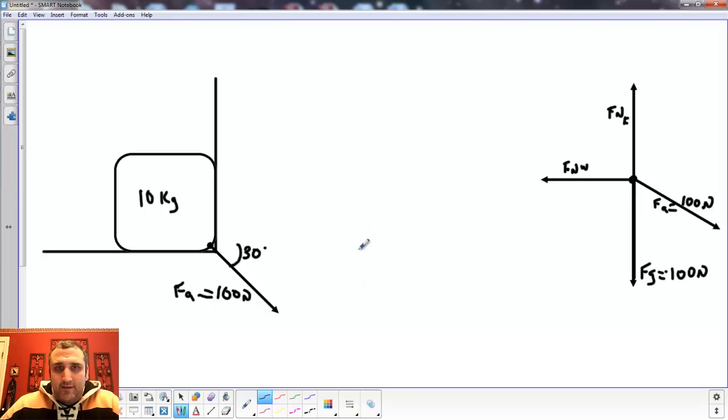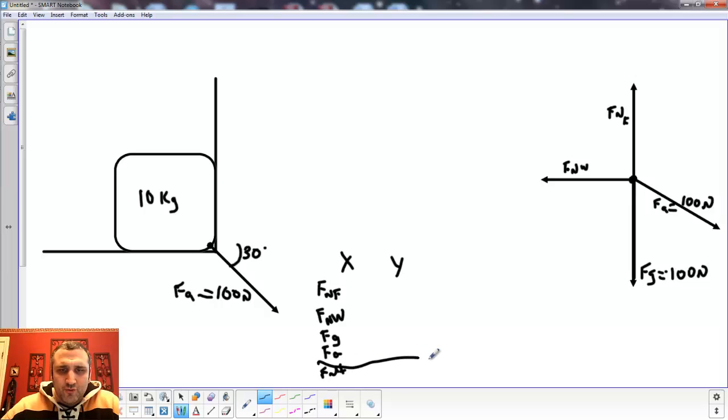Let's talk, again, I guess we should do XY. XY: normal force from the floor, normal force from the wall, gravity, and applied. F net is 0 and 0. Alright, so let's get down what we can easily. We know the gravitational force is 0 in the X and negative 100 in the Y. We know the applied force is 100, but we also know that 100 is broken up in the X and